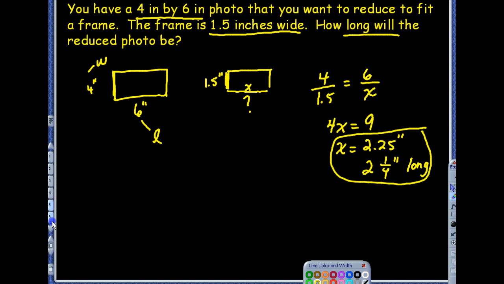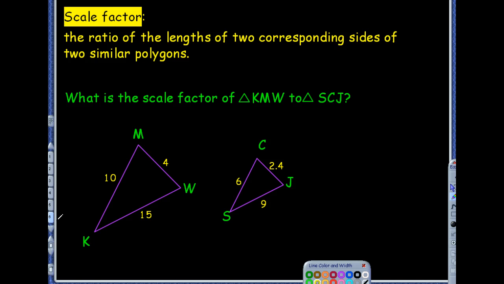Right. Good. Okay, scale factor. This is the next thing that we're going to be talking about. Scale factor is the ratio, or a fraction, a lot of times you'll see it, of the lengths of 2 corresponding sides of similar polygons. So when we write that ratio, like in our big proportionality statement, when we wrote all those ratios that compared all those corresponding side lengths, if you just take one of those ratios, that will give you